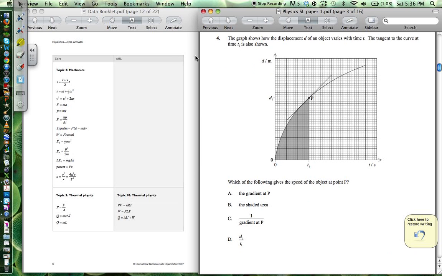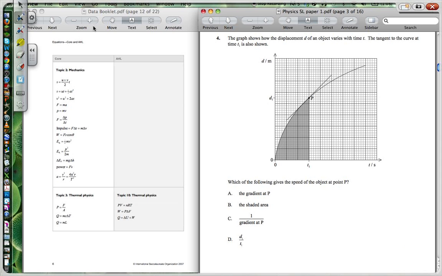Question 4. Now we have a displacement d of an object, varies with time. The tangent to the curve at time t1 is shown. Okay, so we have this tangent over here. This line here is the tangent. I can't draw it very straight. So that line is the tangent, and then it says which of the following gives the speed of the object